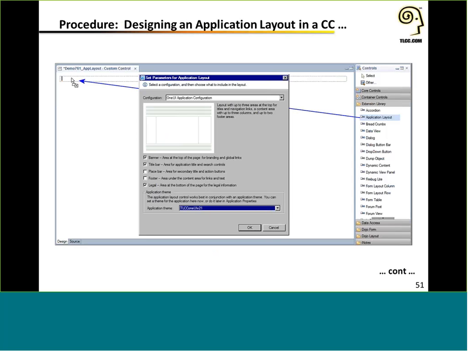So this is the right way to do it. An application layout control is being dragged onto a custom control, and you're interrupted with the correct dialog, where you can choose which bars you want to enable, but you can enable these later on in the properties.